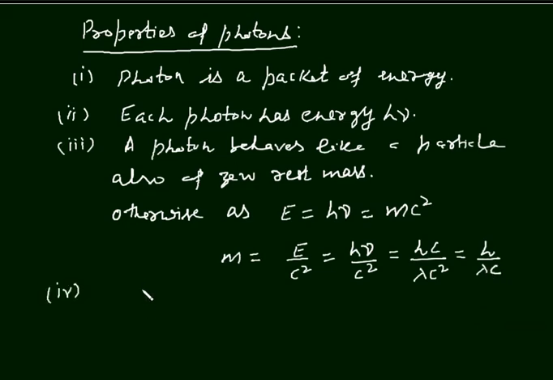As photon has mass, it will have momentum also, and its momentum is given by P is equal to mc. We know that momentum is mass into velocity. So here it is m into c, since photon travels with speed of light. This is also written as mc square by c. mc square is E energy, this is E by c. This is E is h nu, this is h nu by c. And this also becomes equal to h by lambda.